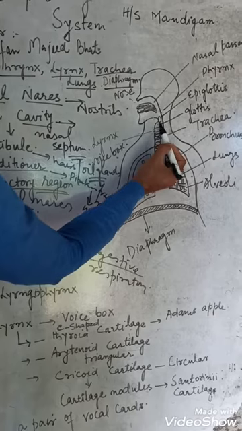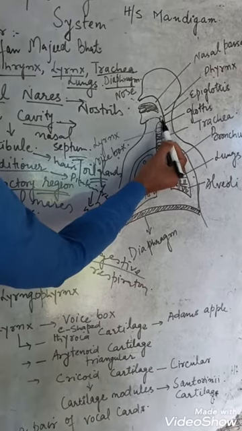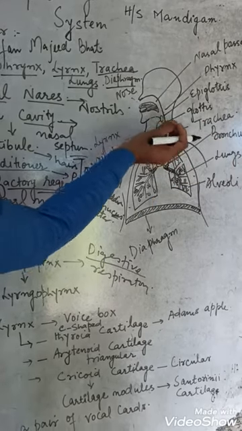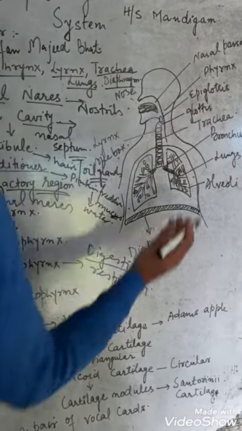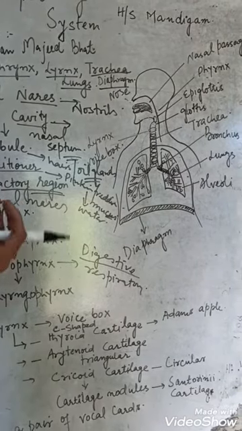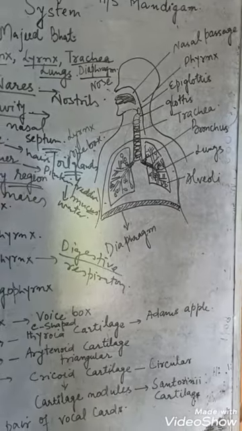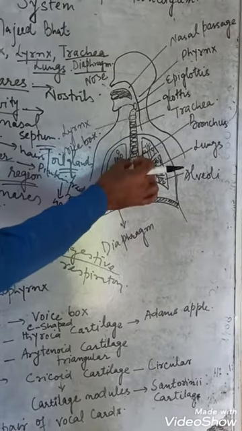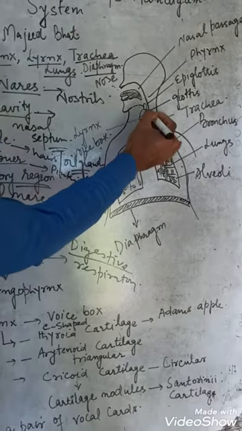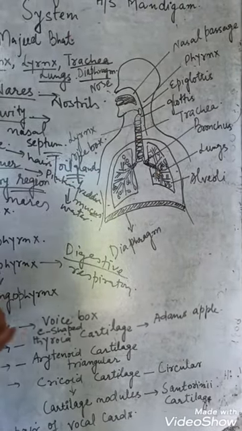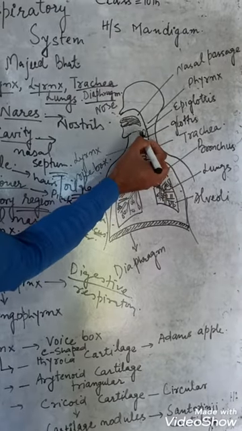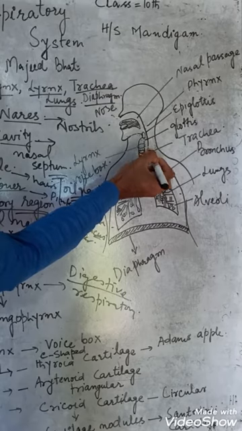And this glottis is protected by a flap-like structure which is called the epiglottis. इसके ऊपर एक ढक्कन जैसा होता है ग्लॉट्स के ऊपर, इसे हम एपिग्लॉट्स कहते हैं। और ये एपिग्लॉट्स जो है, जब भी हम कोई चीज़ खाते हैं, ये उस खाने वाली चीज़ को स्लिप नहीं होने देता है इस विंड पाइप में या ट्रैकिया में। तो उस टाइम ये बंद रहता है और वो जो भी चीज़ हम खाते हैं वो सीधा चला जाता है फूड पाइप में, जिसे हम इसोफेगस भी कहते हैं। ये इसोफेगस है। तो जब ये बंद रहता है तो सीधा इसोफेगस में चला जाता है।